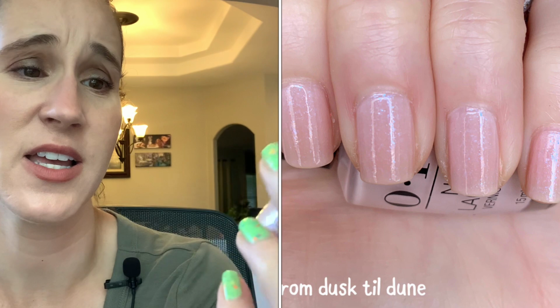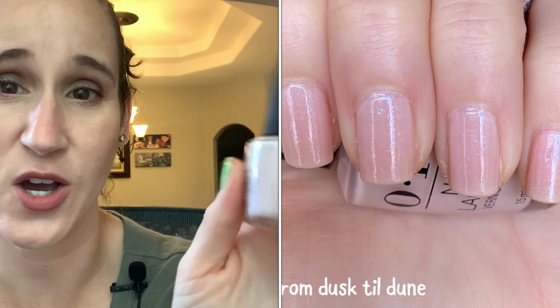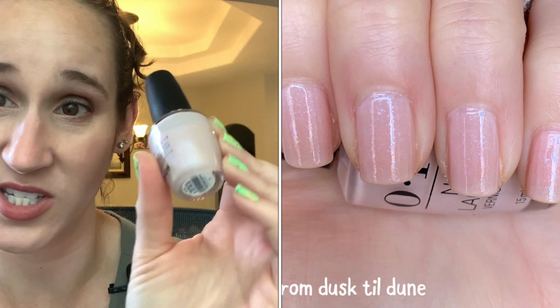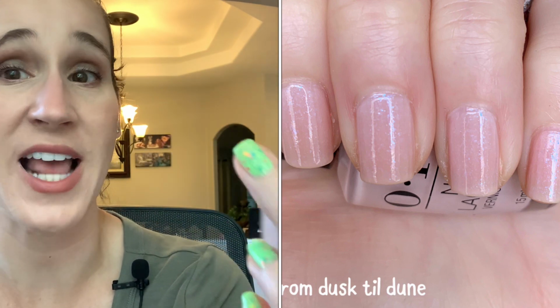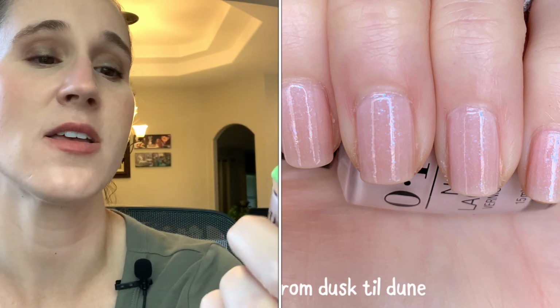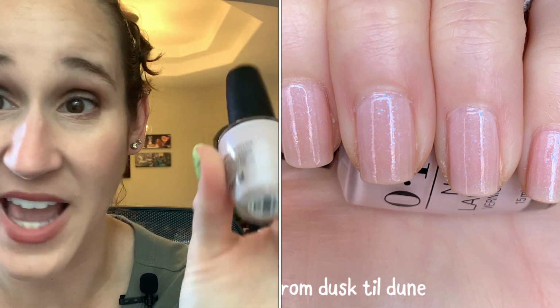Then I wore OPI's, what is it called? From Dusk Till Dawn. This is my fourth time trying to wear this. If you saw my April manis video, you saw me talking about this, how I tried wearing it three different times. It was just a hot mess. And then finally I used a trick that I shared in my tips and tricks video, which I learned from Carolina, who learned from Miss Thompson. So if you want to go see my tips and tricks video, I'll link it down below. I used the trick